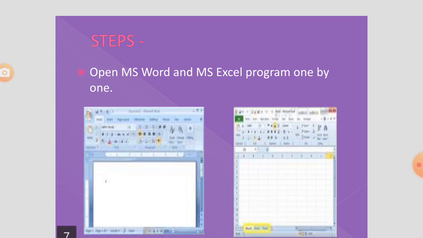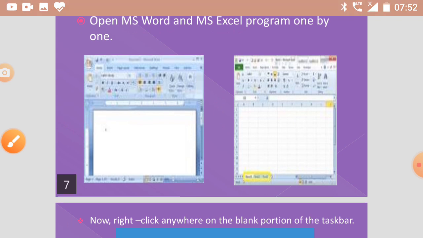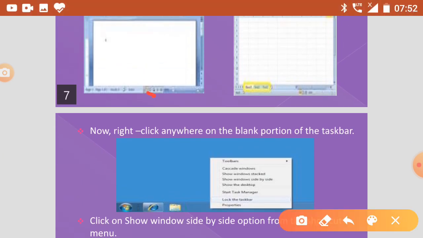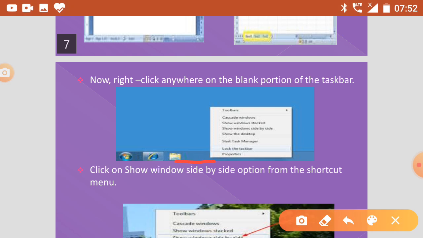Firstly, open two programs, MS Word and MS Excel. I know you can easily open these two programs. Firstly, open MS Word and secondly, open MS Excel. Now come to the taskbar. In the blank portion of the taskbar, right click.